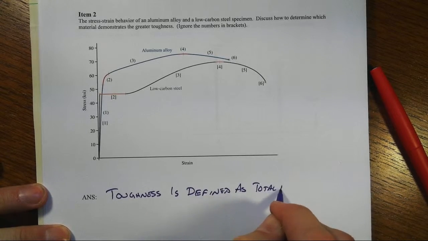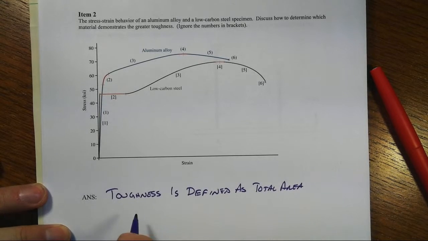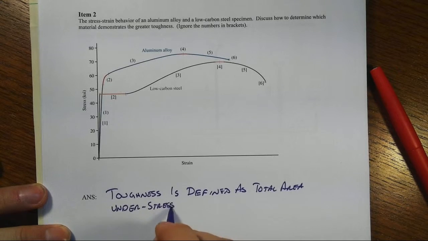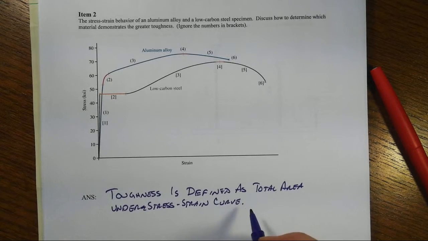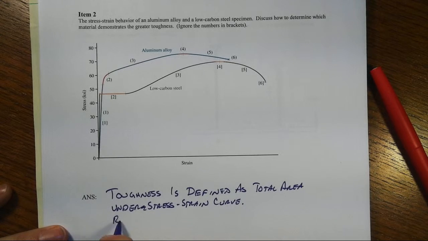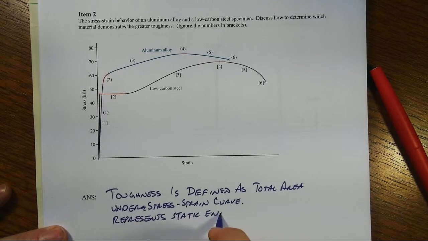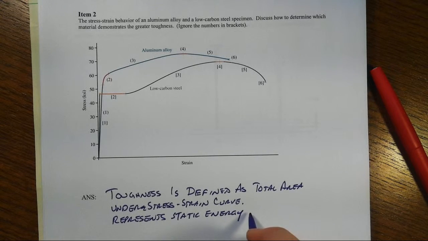the total area under the stress strain curve. Note that what this really represents is the static energy, which sounds funny, but how can you have energy if you're not moving? So it's really a pseudo-static test, but the energy to cause